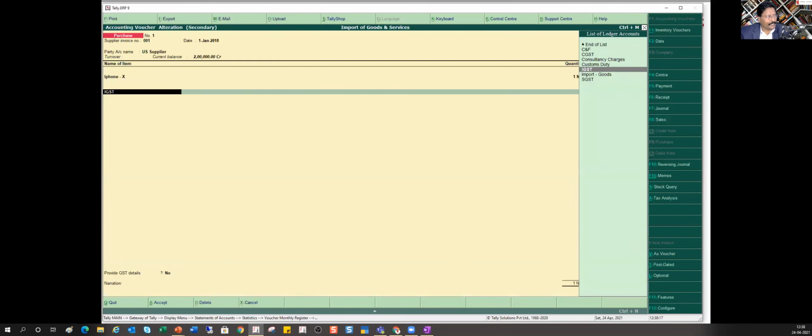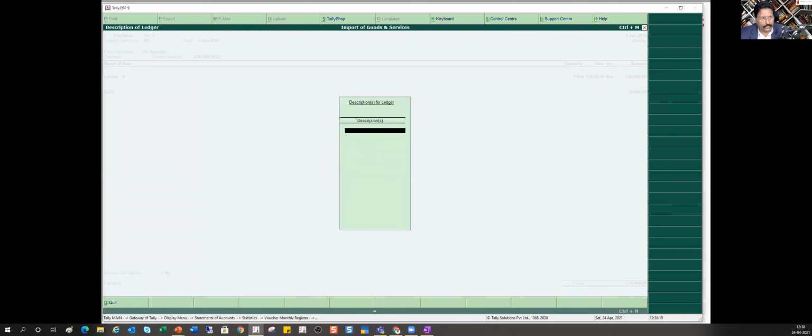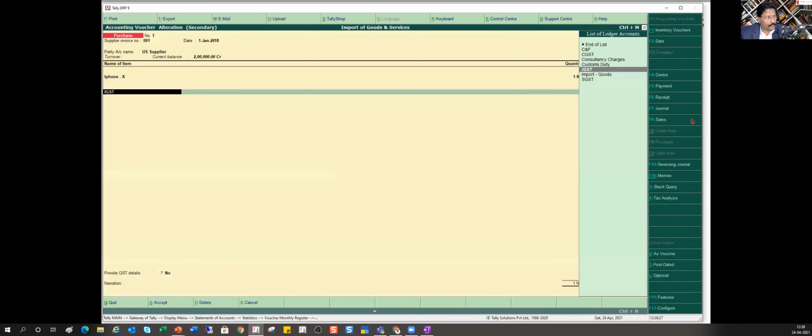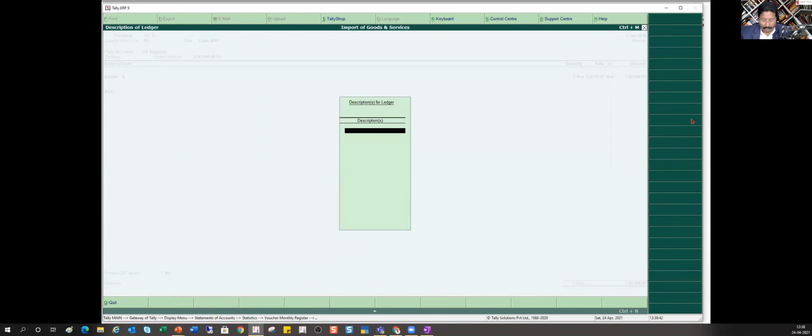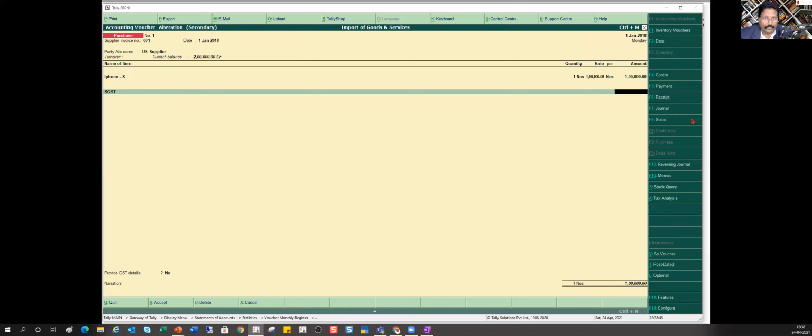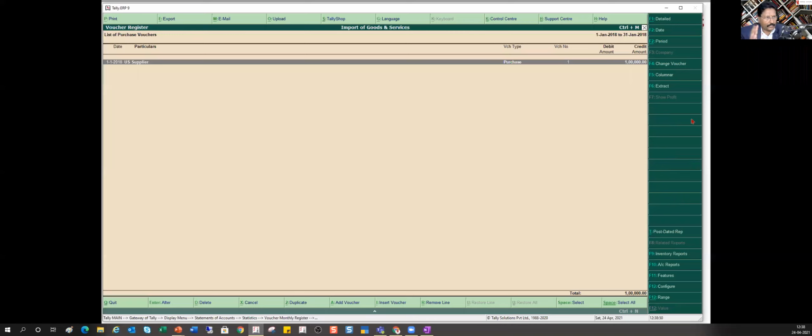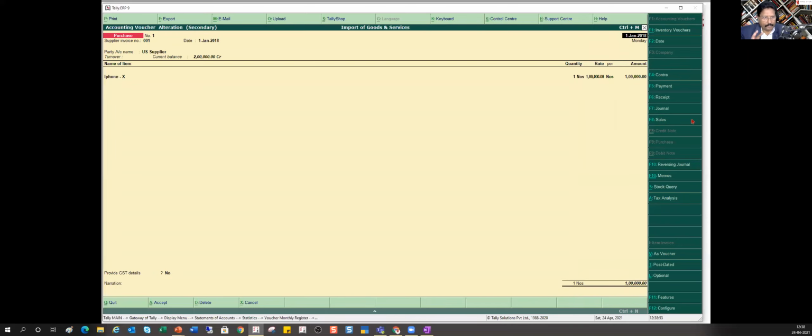Generally in your import of goods, your purchase bill is not going to have your IGST created. So you are going to pay this as a separate voucher. So you are not going to catch this. Supposing if I select CGST, right? See here, it is not going to calculate, because when you import, IGST is going to be applicable, right? So when I say CGST, Tally will not calculate. When I say SGST, Tally will not calculate, because CGST, SGST is not applicable for your import. So this is another intelligence which I told you. So now I made this simple import of my purchase entry.